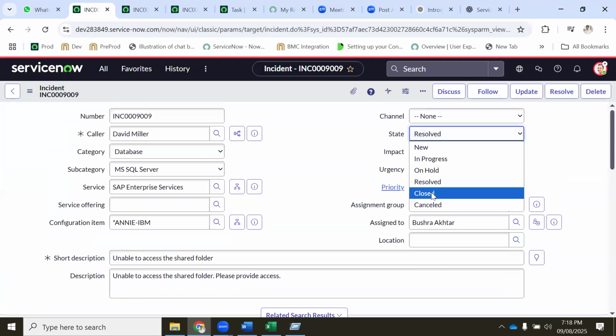So what is this closed? As an administrator, I can close directly, but if you are an ITIL user or technician, you cannot close directly. Okay. So once resolved, then you will save. See, normally,